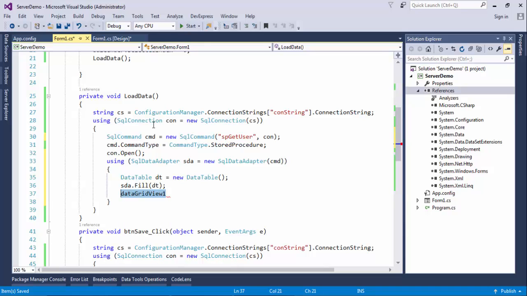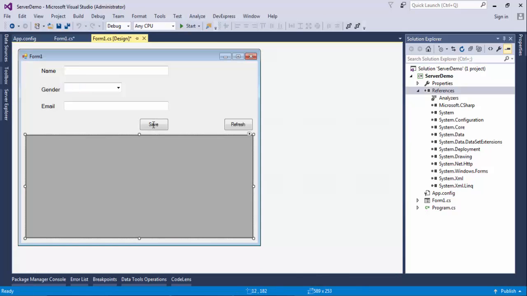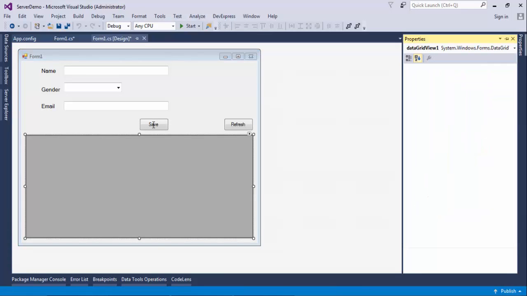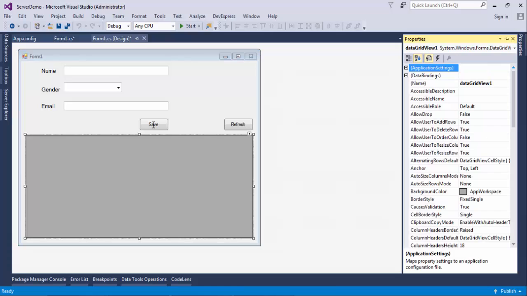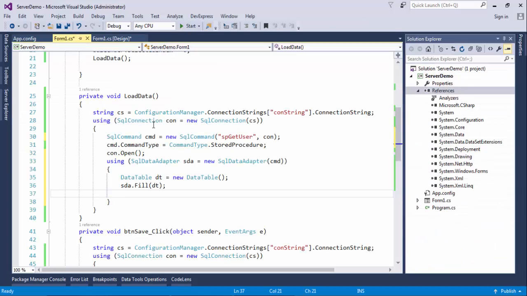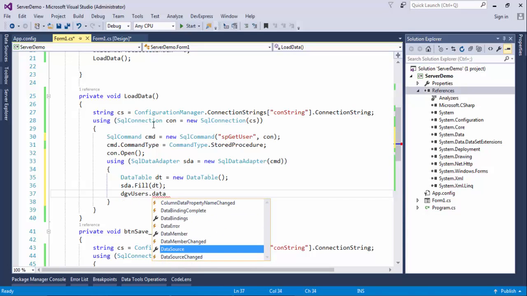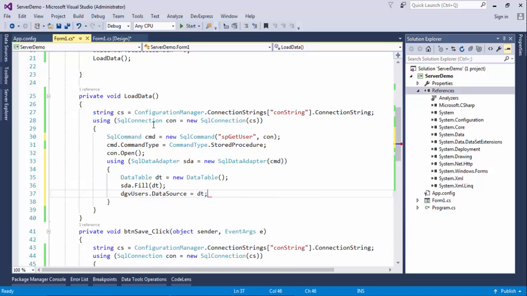I haven't assigned any meaningful name, so this is not good. So click on grid view and give it a meaningful name. That's a good programming practice. I'm really sorry for that. So dgv users,